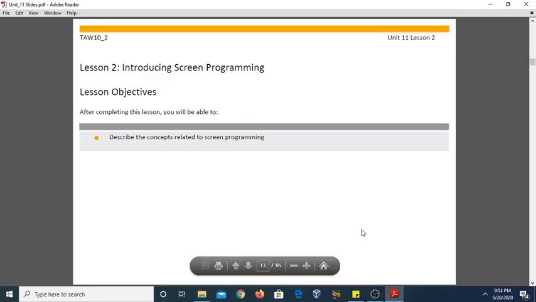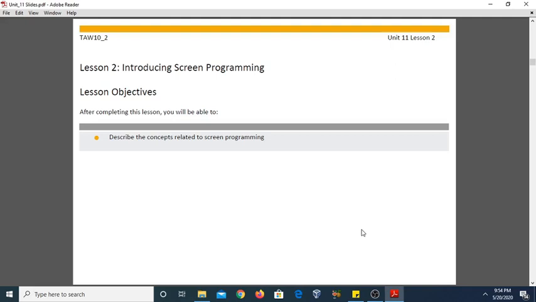Come to the next lesson, introduction to screen programming. Generally, what are screens? Screens are freely definable objects that are used to display or enter information through input as well as output fields and so on.